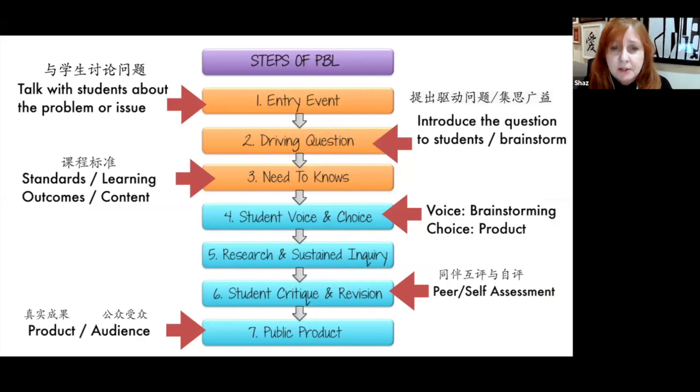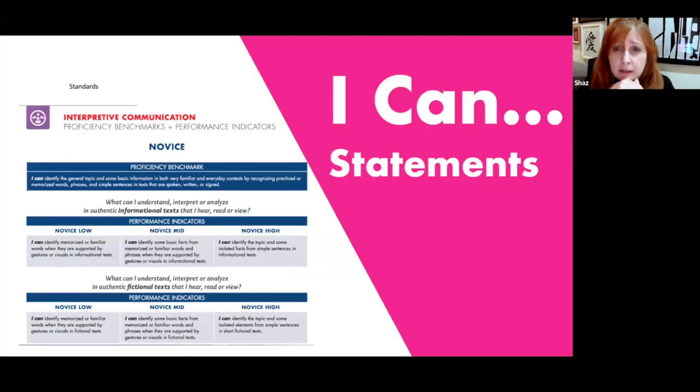And these are just the steps. I think we looked at those before, but they're just steps that you can start your PBL unit with. And be sure to look at the learning outcomes, what you want your students to know and what standards there are. I like to use I can statements, and make them into student-friendly I can statements. So when you're looking at what you want your students to be able to do at the end of the unit, they're very easy to understand. They're not teacher talk, they're more student-friendly.